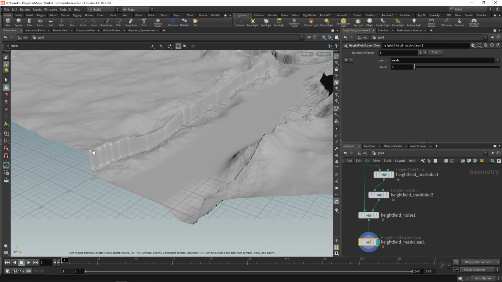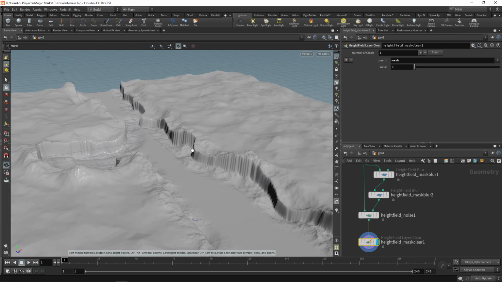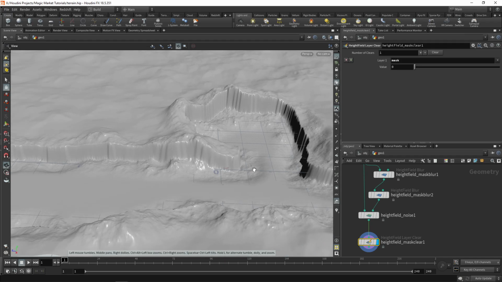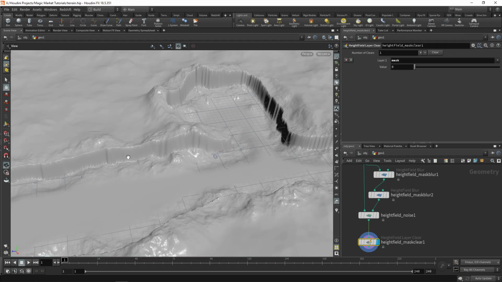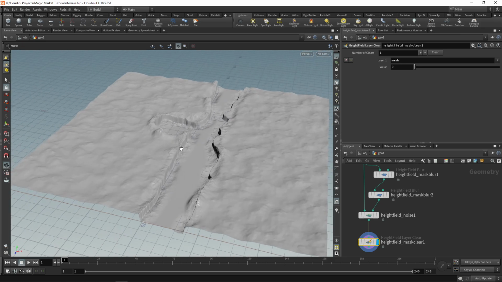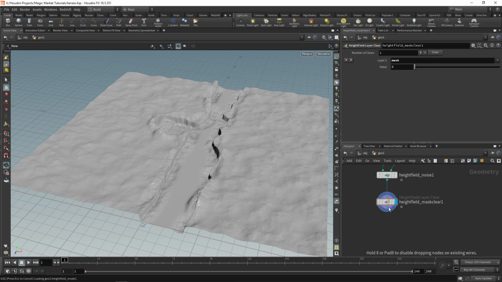And you'll notice that there's no detail on the actual faces of this geometry. And the reason is because height field is sort of limited in that regard, in that you can't really have detail on these faces because these areas don't actually have resolution. So you can't really add detail to them. But we'll fix that at a later point. Let's continue for now. We're now going to use a height field erode and just plug it in right after